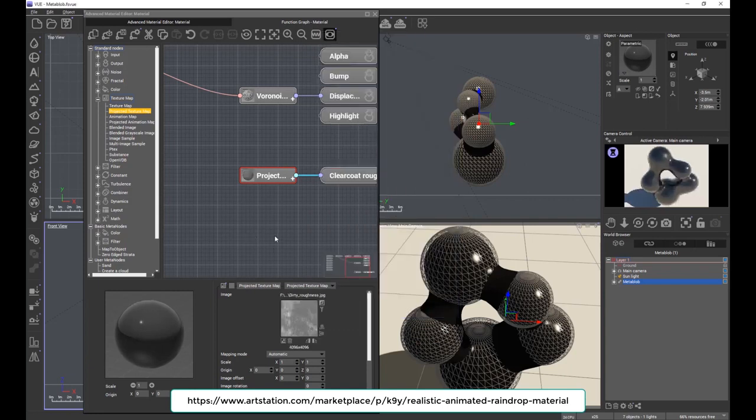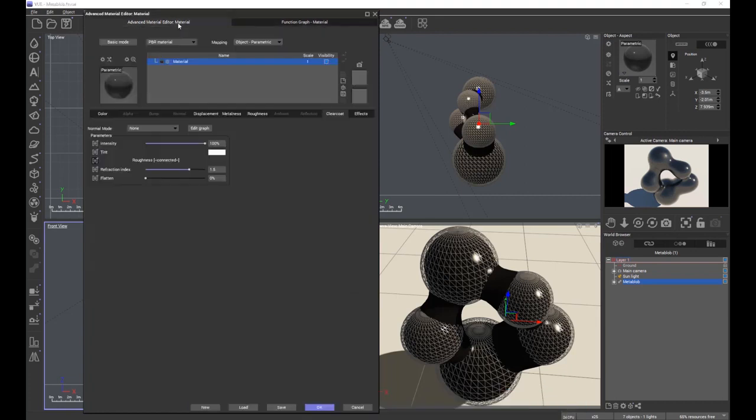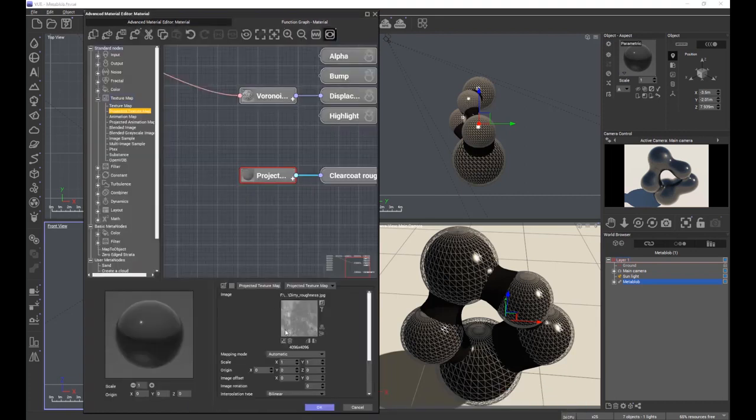So all we're saying here is, parametric. We're saying that where it's white, it's 100% rough. In other words, there is no reflectivity. Whereas as it gets down to dark and down to black, where it's black, there's no effect on the roughness at all. So if we look at this now,